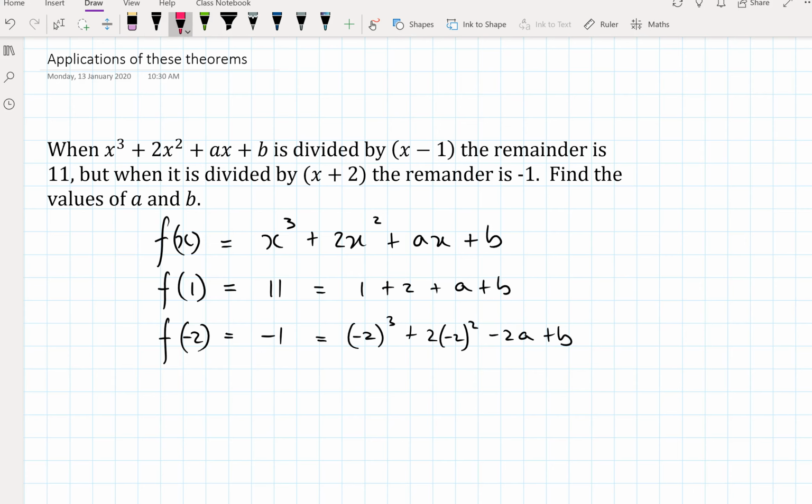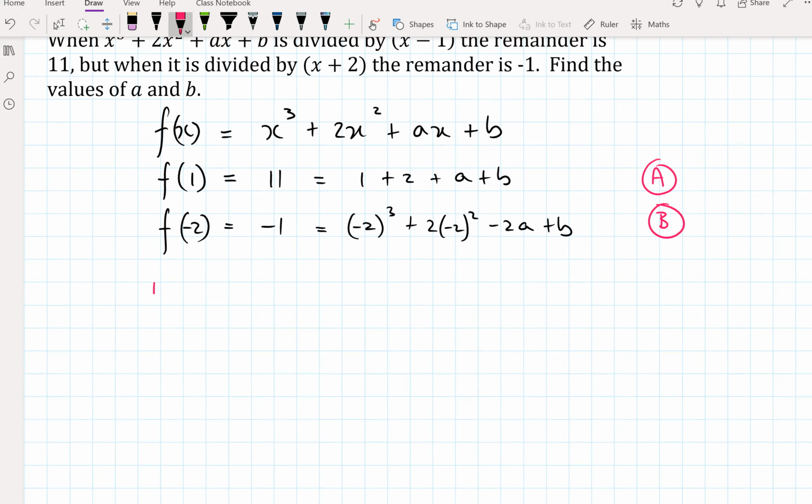So here I've got an equation I'm going to call A. Here I've got an equation I'm going to call B. If I just tidy both of those up, I can say that equation A is going to be a plus b equals 8. And equation B